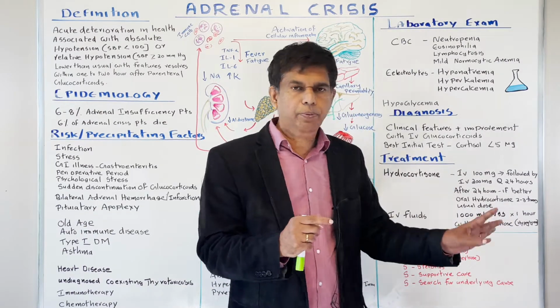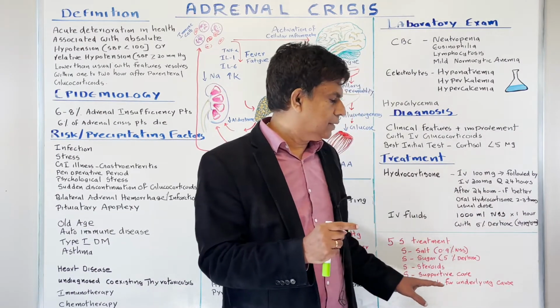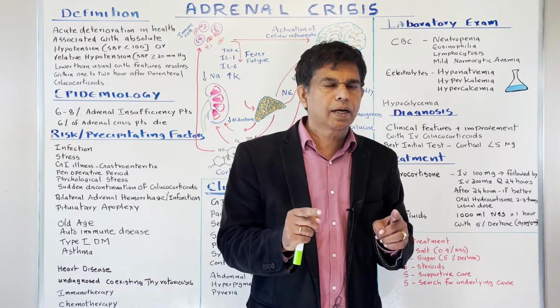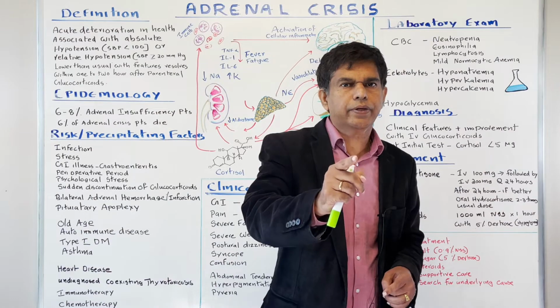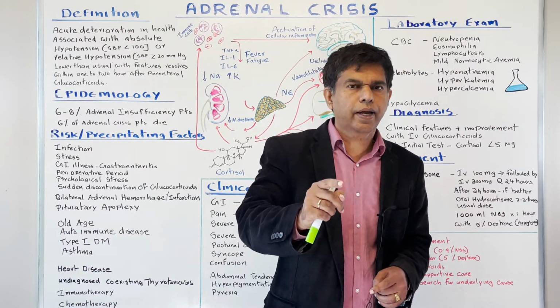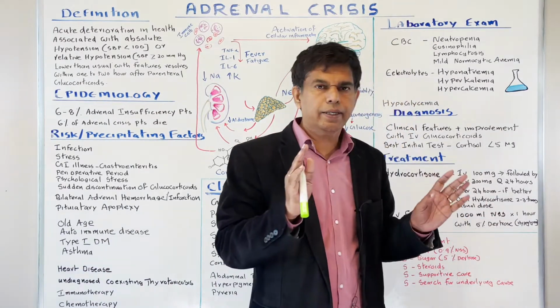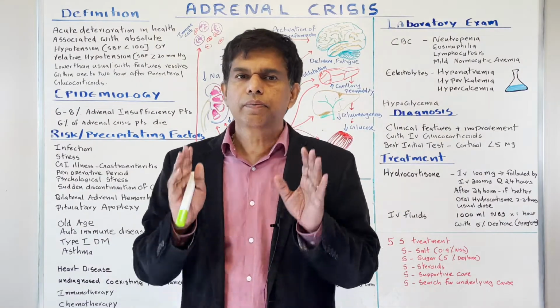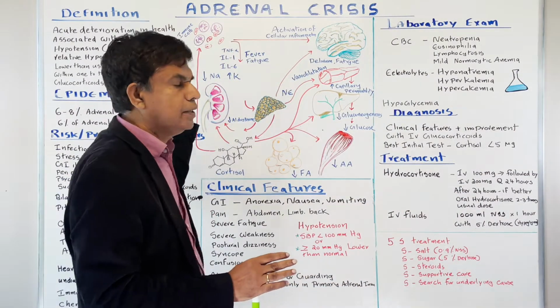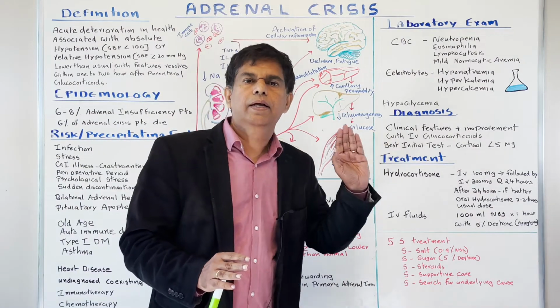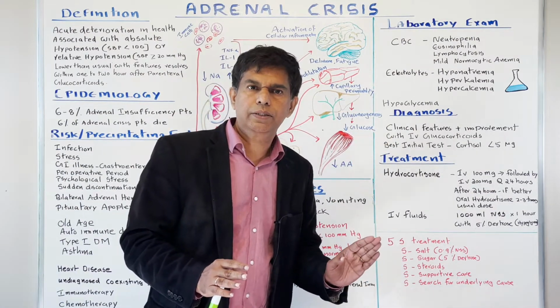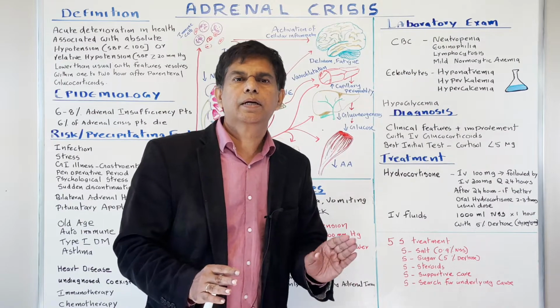And then S is supportive care, and the other S is search for always the underlying cause. We talk about all these precipitating factors. Don't ever forget it. You have to go and treat it, okay? So let's summarize this one more time. We know the definition is what? The blood pressure, usually less than 100 or less than 20 from the baseline, and improvement in the clinical features